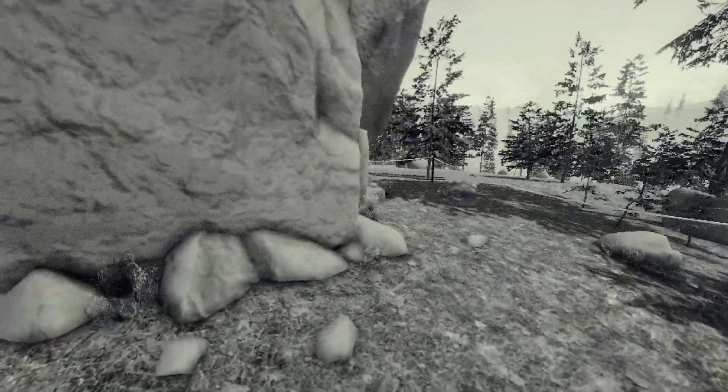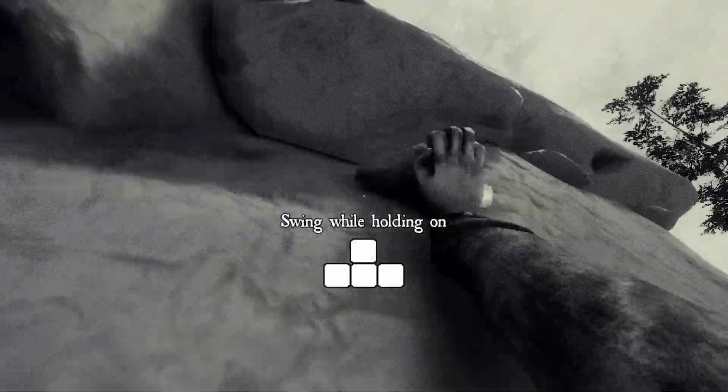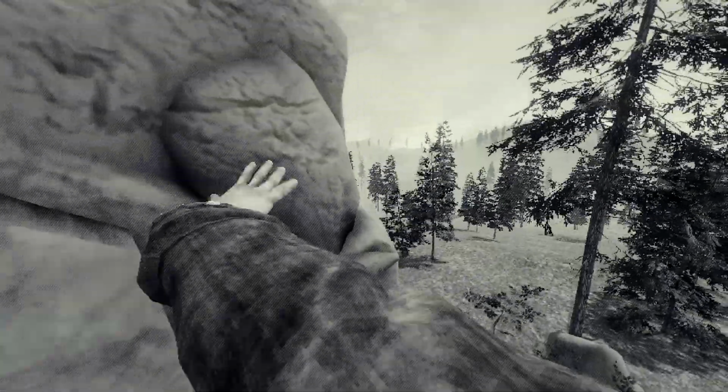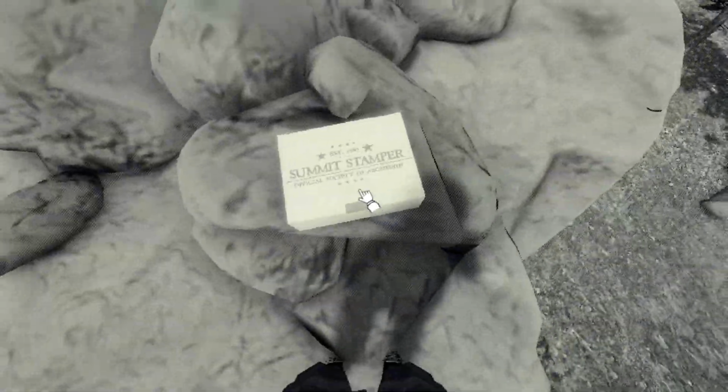You're pretty much just thrown straight into it, and the game is in a permanent black and white feature, so I guess during this time of the demo, it wasn't determined to have a color mode yet. But the game overall is pretty much the exact same. There's not really any differences from this and the final game. It still even shows the tutorial tips on how to swing with your hands.